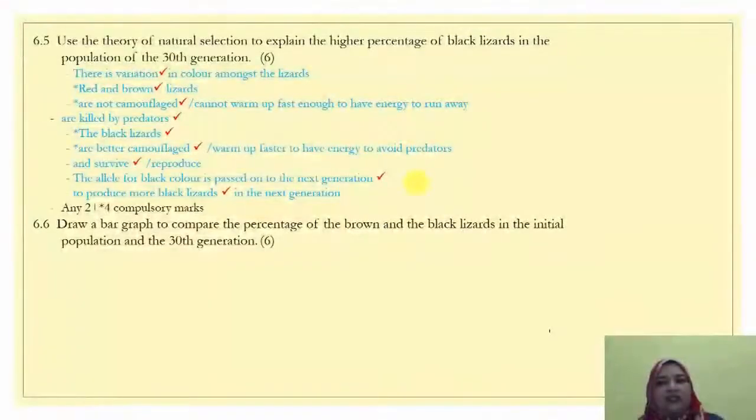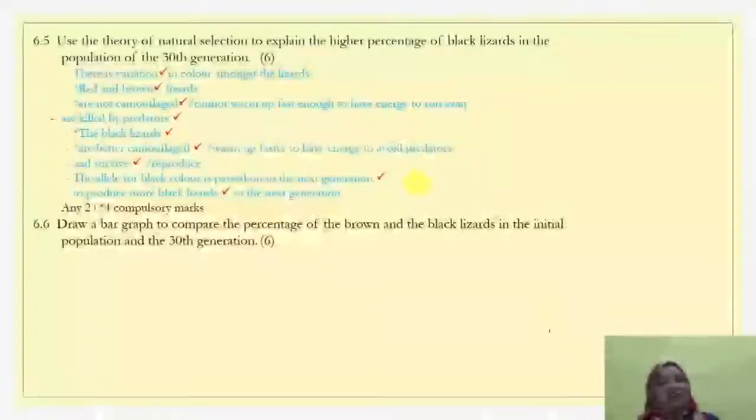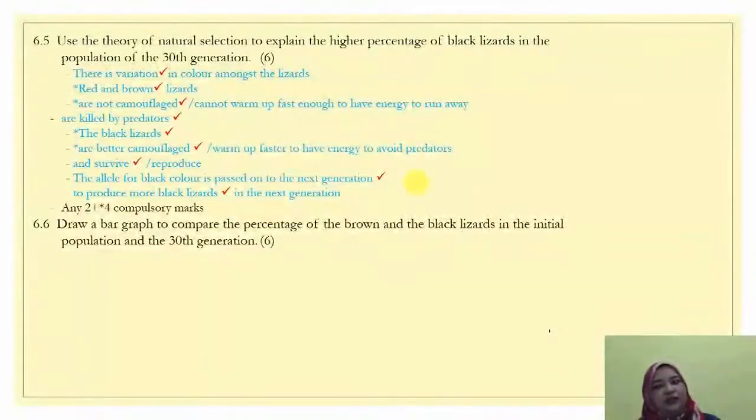And what the example does, like the color causes them to not be camouflaged and therefore they are killed by predators. Or the black lizards are better camouflaged and therefore they survive. Okay. Everybody understand that? It takes practice, and the way that you are actually going to get more practice is to do more